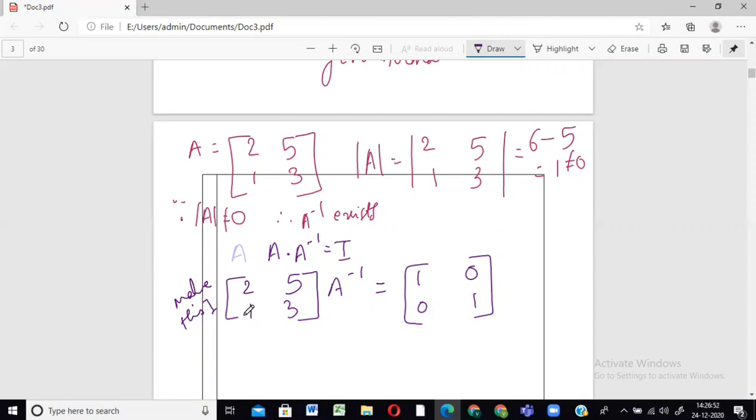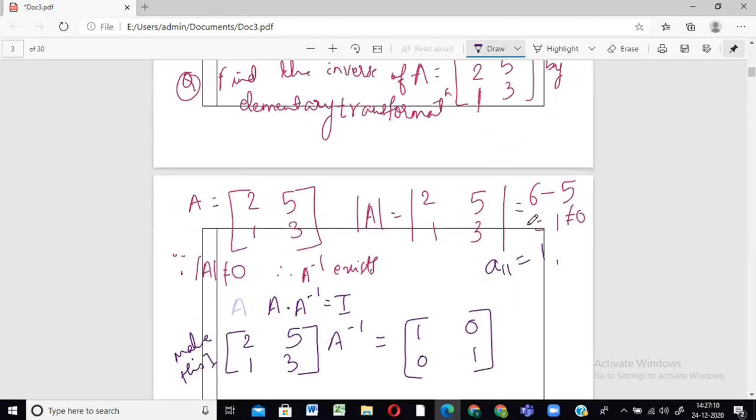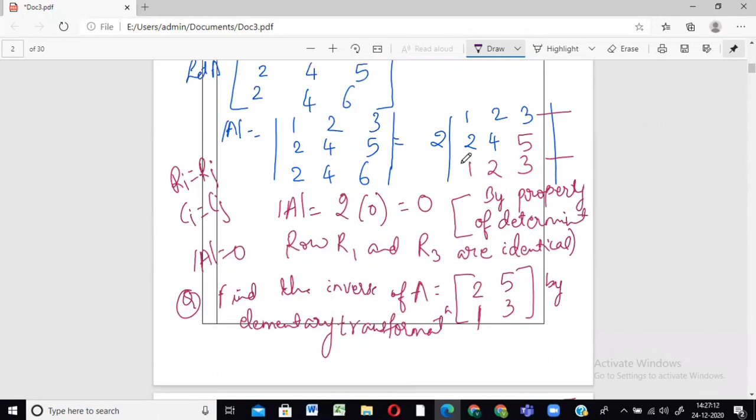Okay. So our major aim is to make this 2513 as identity. So the first step you can follow is always make the first element as 1. Here are the steps you're going to follow. Make the first element as 1. Let me quickly write the steps for both order 2 and order 3 as well.